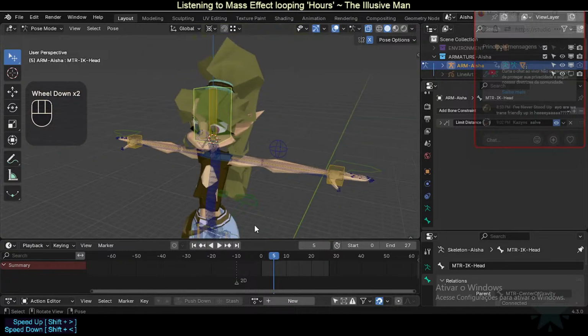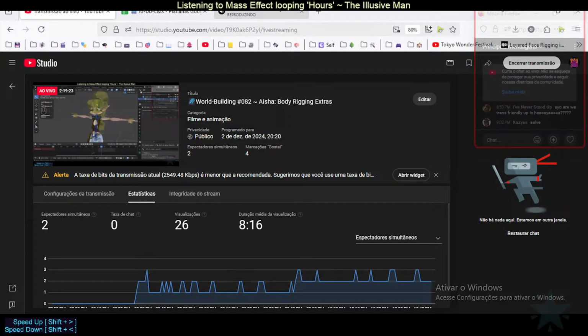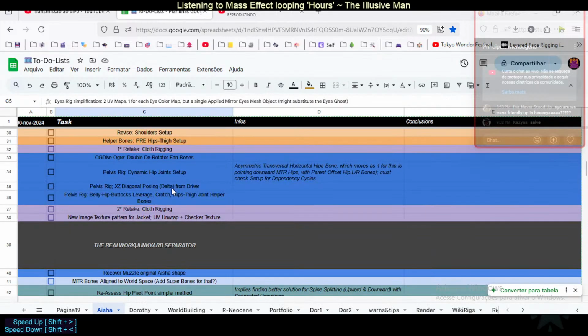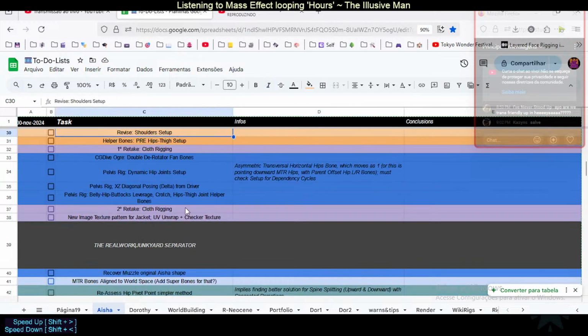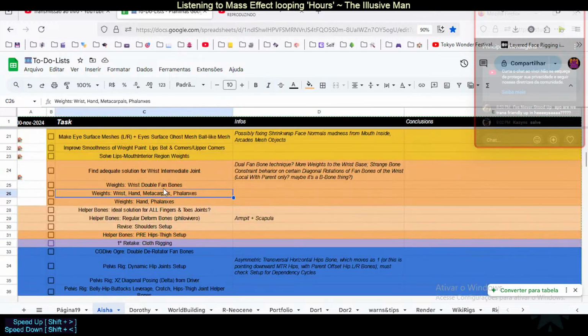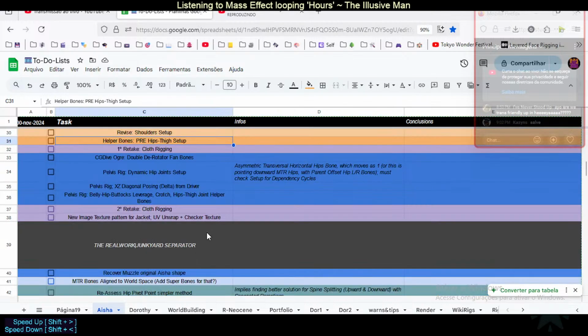Tomorrow we'll continue on the rig topics, and we ignore that experimental stuff. So just try to go on the hand, the phalanx, the fingers, and then back to the scapula, shoulders, and then the thigh. So I'm gonna rush these things tomorrow and try to reach for the hip thigh joint, which is the most complicated thing,